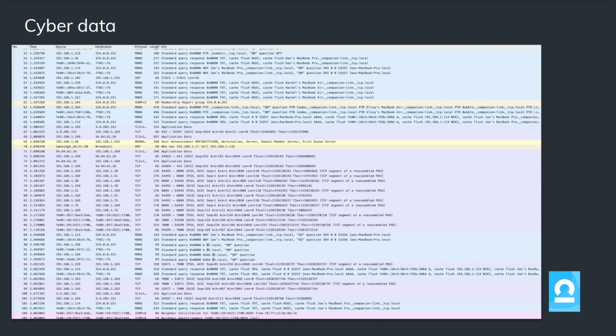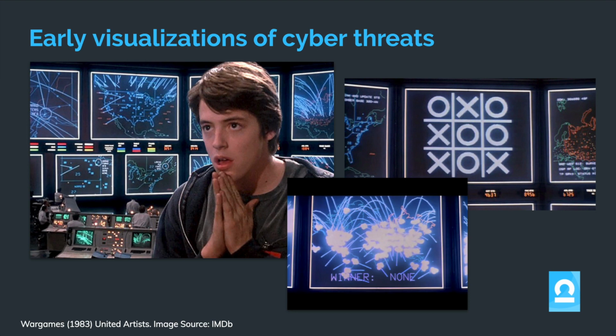And this is not new. People have been trying to visualize cyber threats for a long time. The earliest example that I could find was the 1980s movie Wargames. Some of you may remember this one. It's full of fantastic visualizations of a cyber threat. This is a teenage hacker trying to get into the US Department of Defense, and he succeeds, and we see lots of pictures of nuclear weapons flying through the skies, and we have an interesting idea. The way to mitigate against this cyber threat apparently is to play a game of noughts and crosses against a